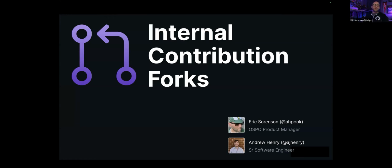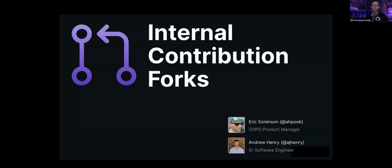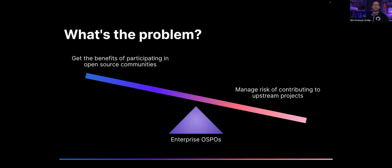This will be very brief. I just have a couple of slides and I won't belabor the point. Andrew and I have been talking to a number of our community members and customers about this project, and some of them have greater or less familiarity with the problem space. Y'all are obviously pretty deeply embedded in it, so I'm not going to go through all of this in great detail, but I do want to say that just as a framing for the type of problem that we're trying to solve,